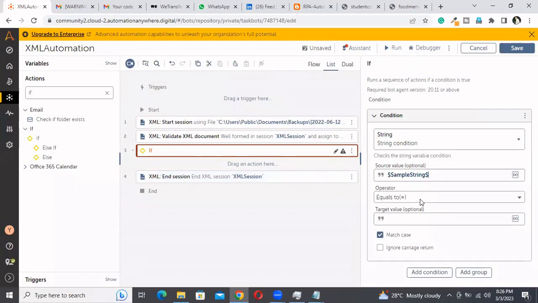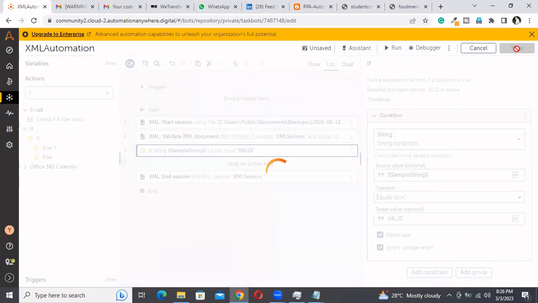That's the reason. The value of this sample string equals valid. If you want to match the case, you can select this one, otherwise you need not. And I'm saving this. If it is valid,